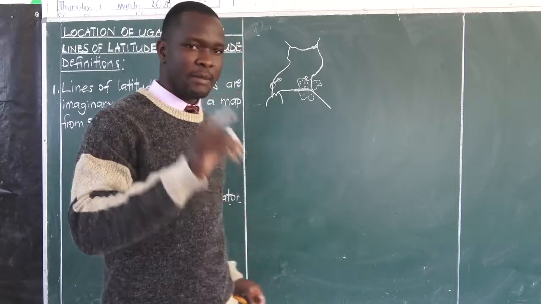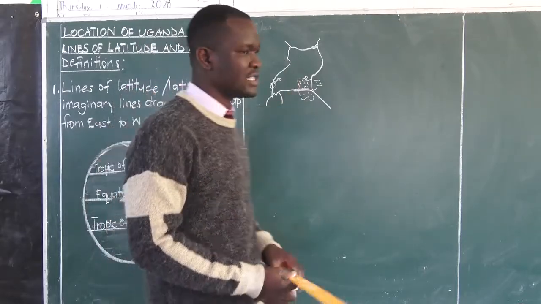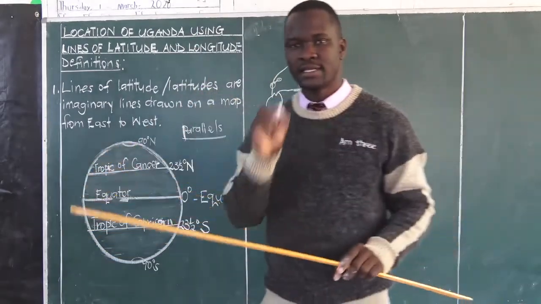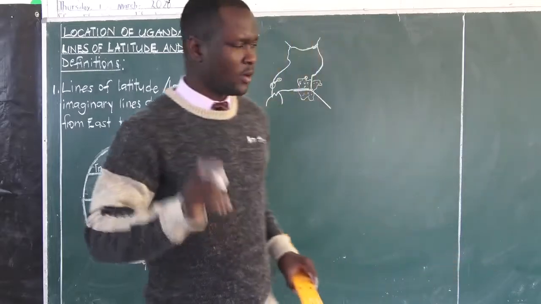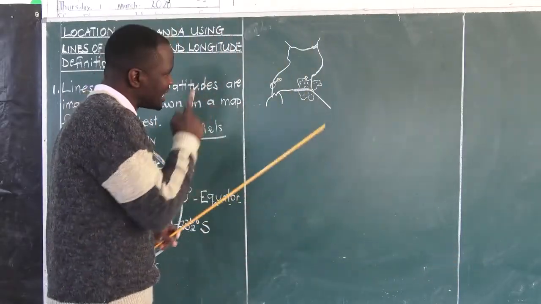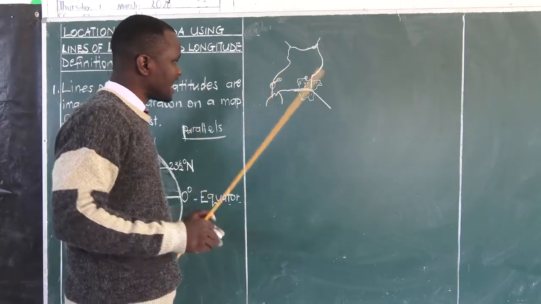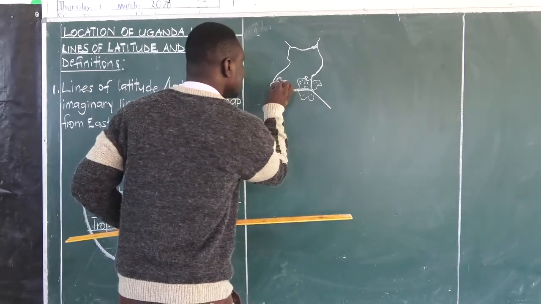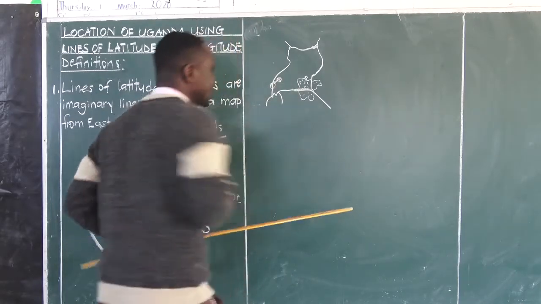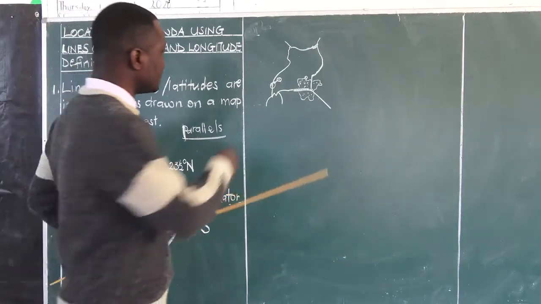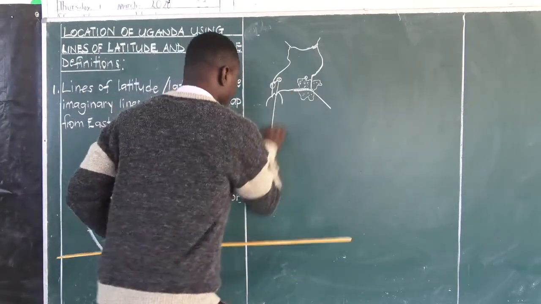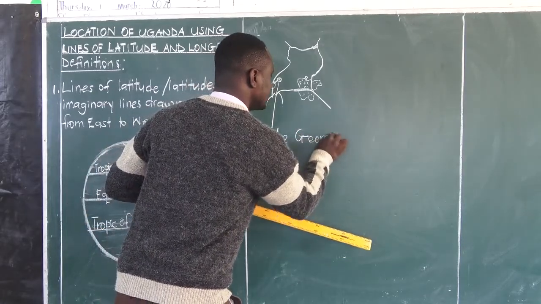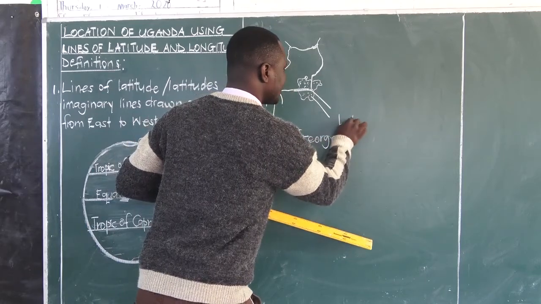They will draw a map of Uganda and someone asks you, use your ruler and a pencil, draw the line marked 0 degrees, meaning draw the equator. What you need to consider is, in Uganda, that is our country, the equator passes through these two lakes. Number one is this lake here. This is the lake we call Lake George. So we have Lake George crossed by the equator,